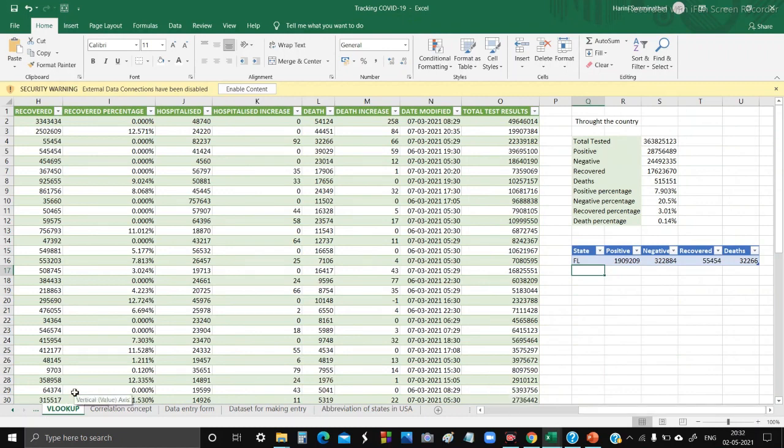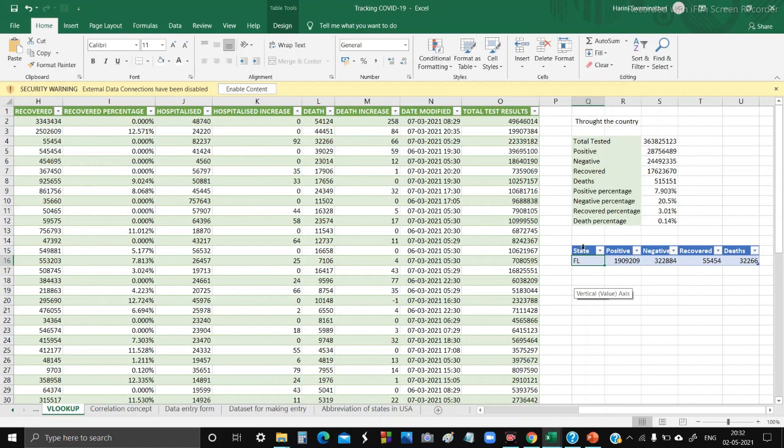Lookup value in our case is Q16. Since it is located in the Q16th cell, the lookup value for our data is Q16. State is considered to be the lookup value here. Lookup here means search for the data that we particularly need using one attribute as a reference.